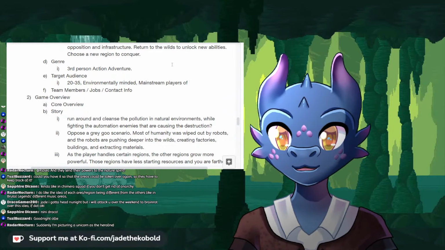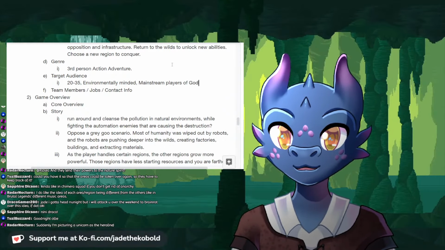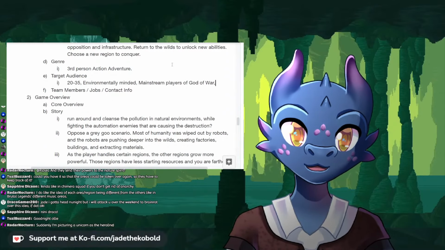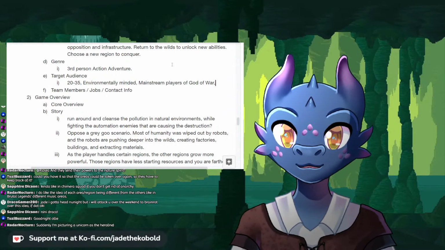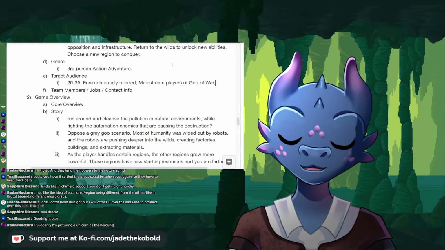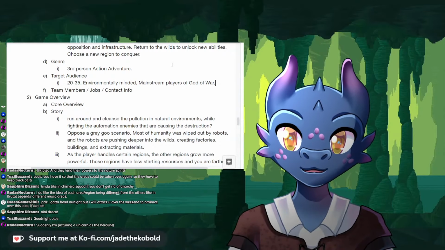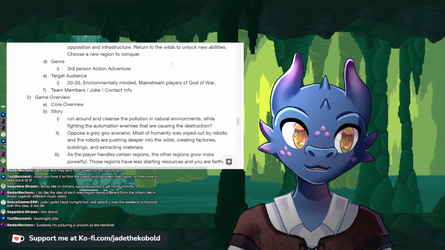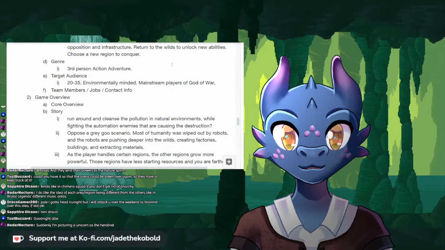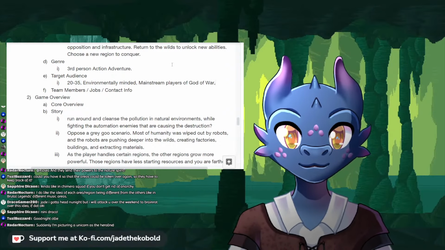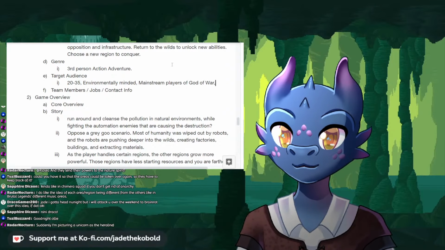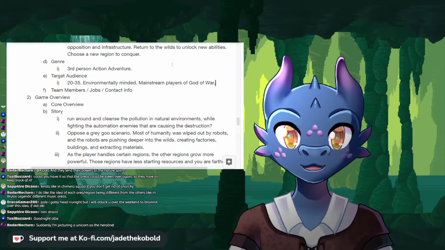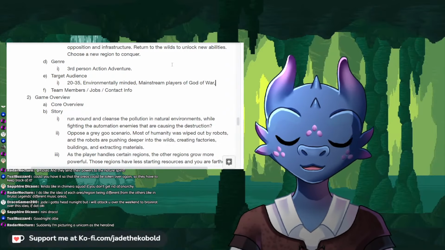Mainstream players of God of War, let's say. It's not a bad idea to target a specific player. It's not a bad idea to say, hey, we do want to target somebody who is playing this. Now, you don't want to make that your bread and butter. That's a problem in the tabletop industry that I've discussed before. In tabletop industries, you get a real genuine problem of people saying, well, we want to target players of this game. Like,